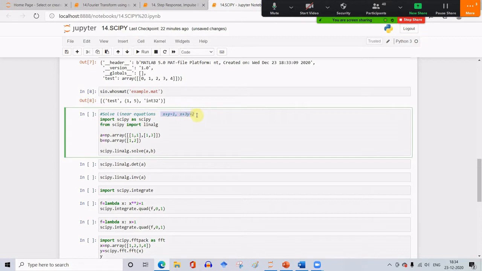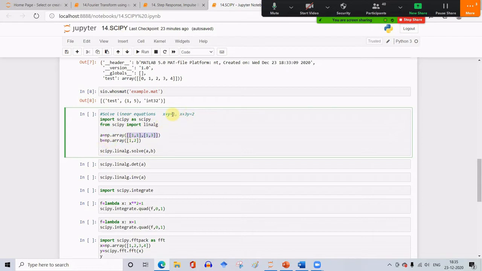So to illustrate the solution of these two equations, first I'll arrange these two equations in the form of a vector matrix notation. So the coefficients of x and y in these two equations are organized as, so the first one will have the coefficient of x in both the equations, that is 1, 1 in the form of a list, and the second one will have 1, 3, and that whole thing forms an array, NP array. Using this NP dot array, I am organizing the coefficients of x and y in both the equations. So this is nothing but a matrix of 2 by 2 dimensions.